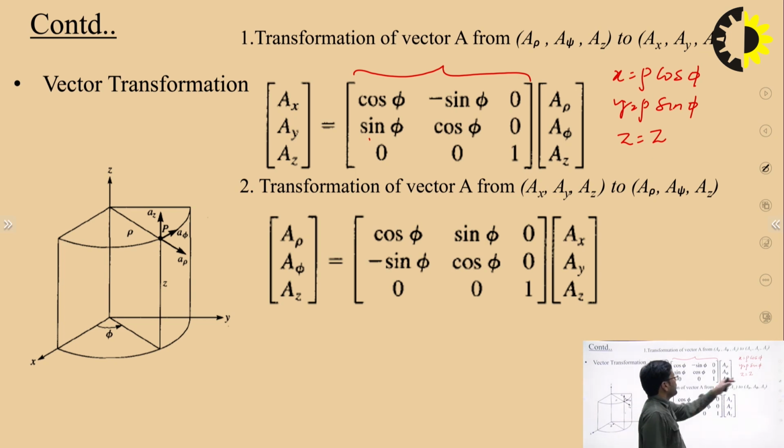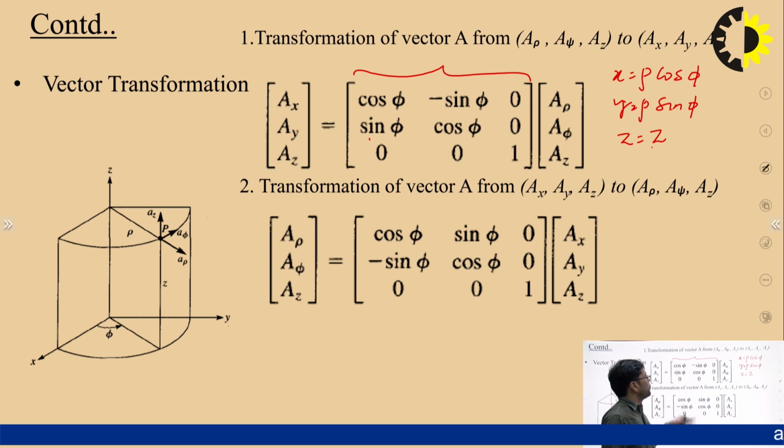And if you take the z, there is no rho component and no phi component in the z, only the z component is there, that's why the last term should always be equal to 1. This is the way you can remember this transformation matrix that converts from cylindrical